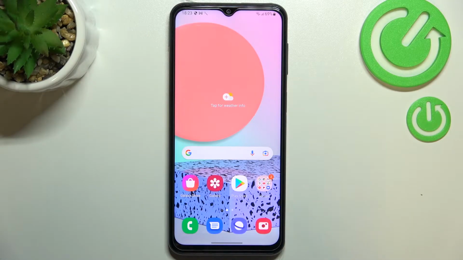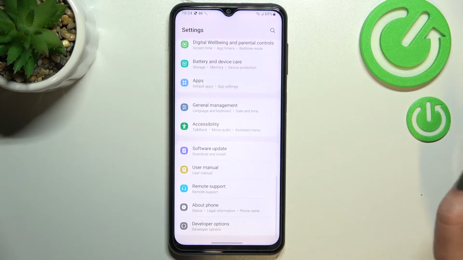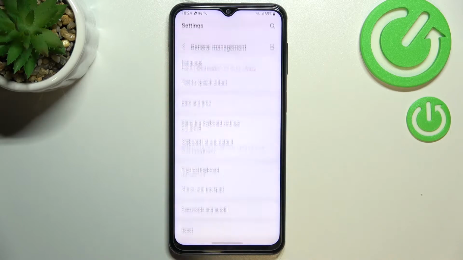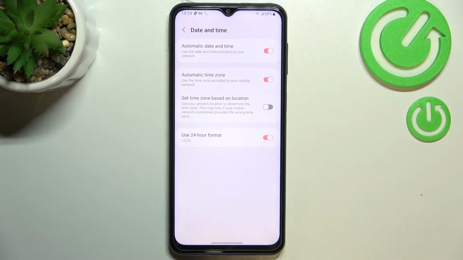Hi everyone, in front of me I've got Samsung Galaxy F23 and let me share with you how to change date and time on this device. So first of all, let's find and open the settings, and now let's scroll down to the very bottom and find General Management. Now let's tap on date and time, and as you can see here we've got some options